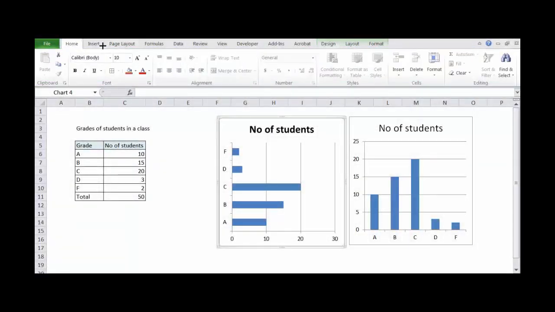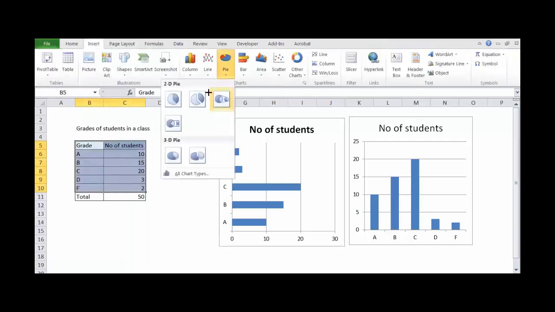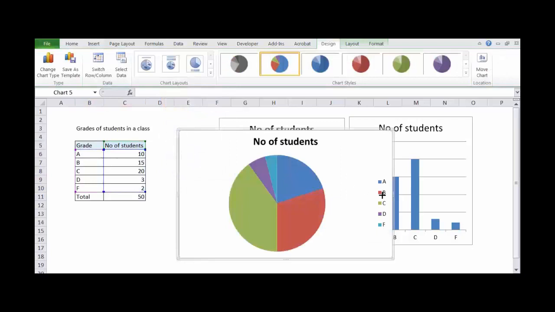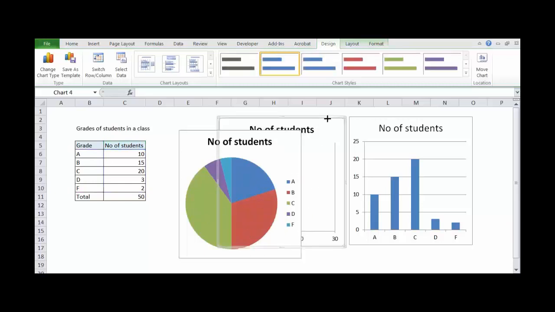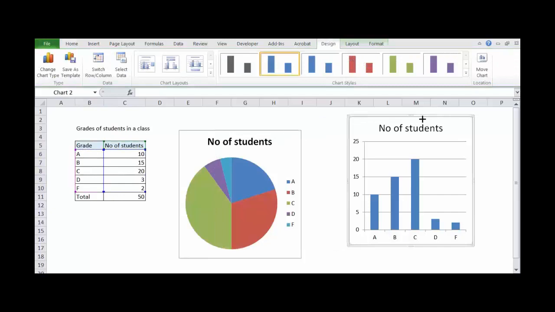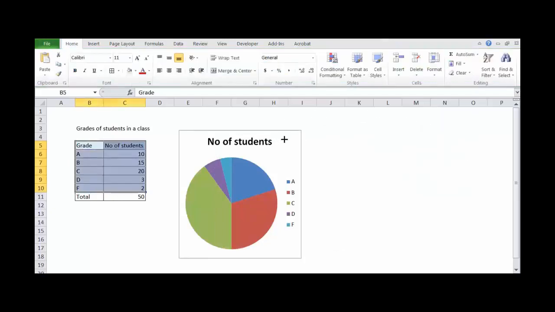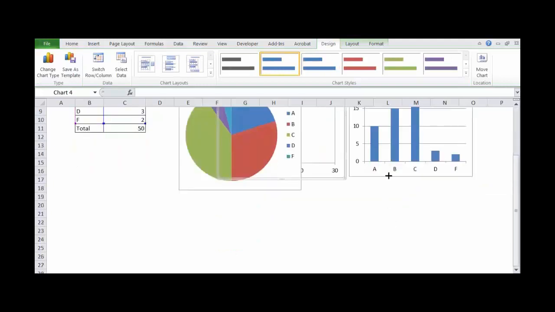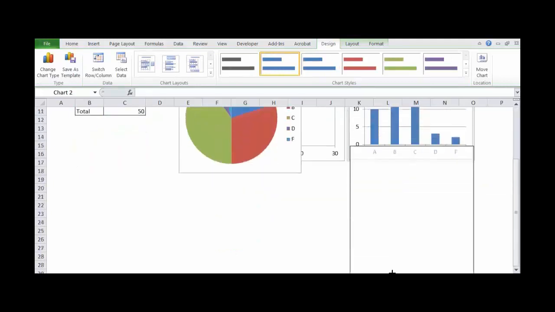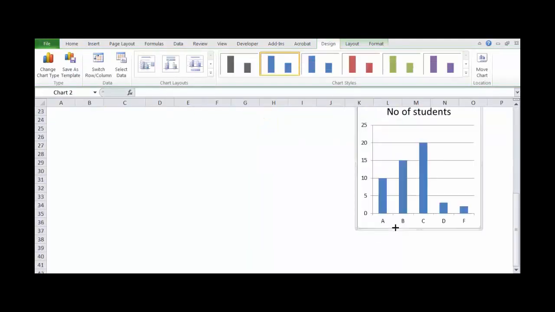Then we can use another chart for it. Okay, that is a pie chart. So if you see, I can also represent this data with the help of a pie chart. So it is giving me an idea about the distribution across this, right? So we will see which one is better. That is your guess, that is your take to decide which one is better. Okay, so we will see.